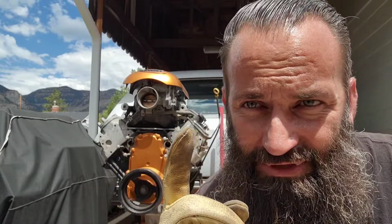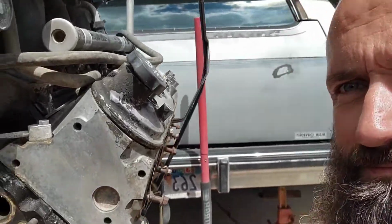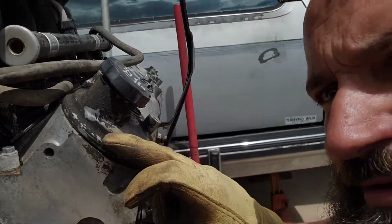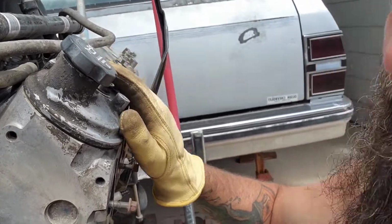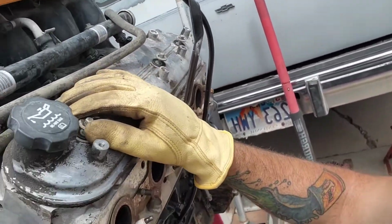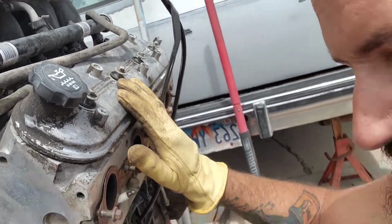I'm not painting the heads because I like the look of aluminum heads. But today, we're going to be doing the valve covers. Right there and right there. So, let's have a look-see. They're pretty crusty. They got the caca all over them. But I've already got the bolts out. So now we're going to pop these off, and